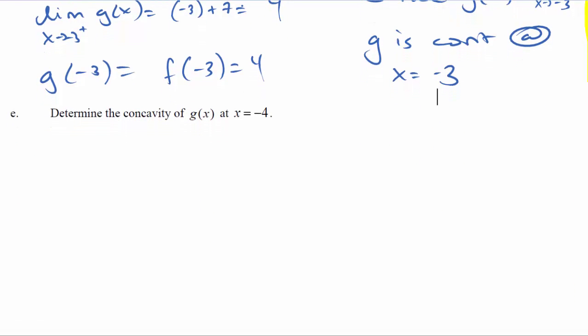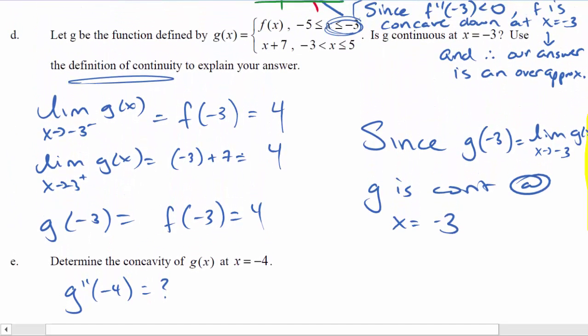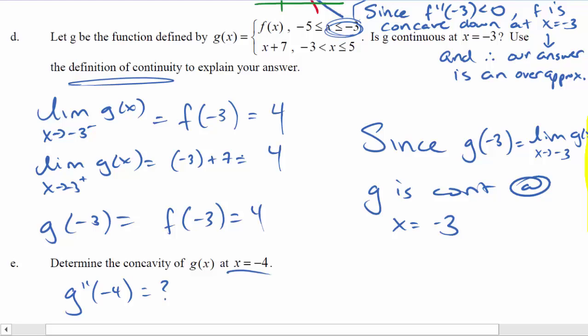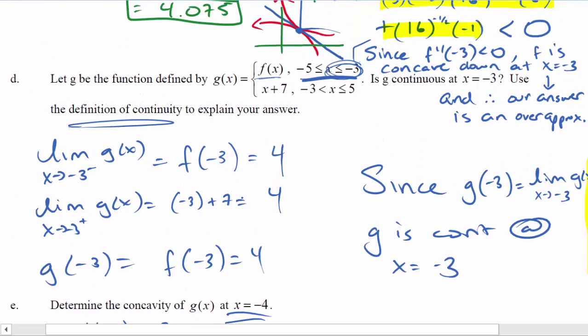Okay, for the last part, determine the concavity of g of x at x equals negative 4. So I need g double prime of negative 4. That's our goal right now. If it's positive, it's concave up. If it's negative, it's concave down. Well, g double prime, since I'm looking at x equals negative 4, I'm really looking at the interval between negative 5 and negative 3. So the nice thing is the second derivative of f of x